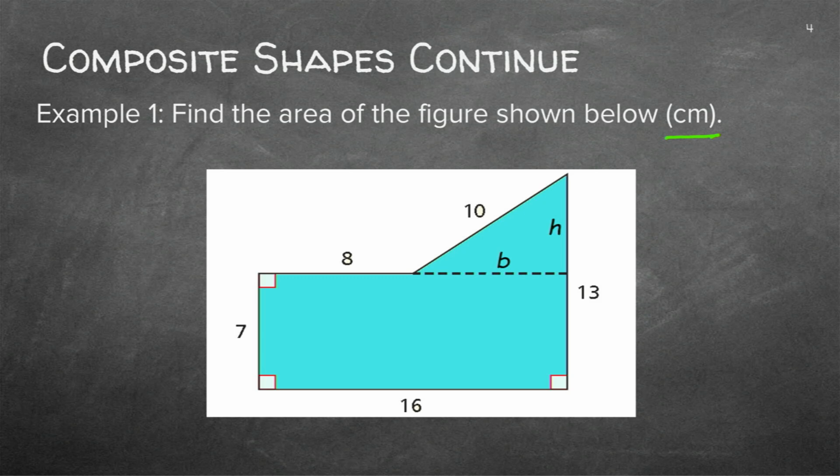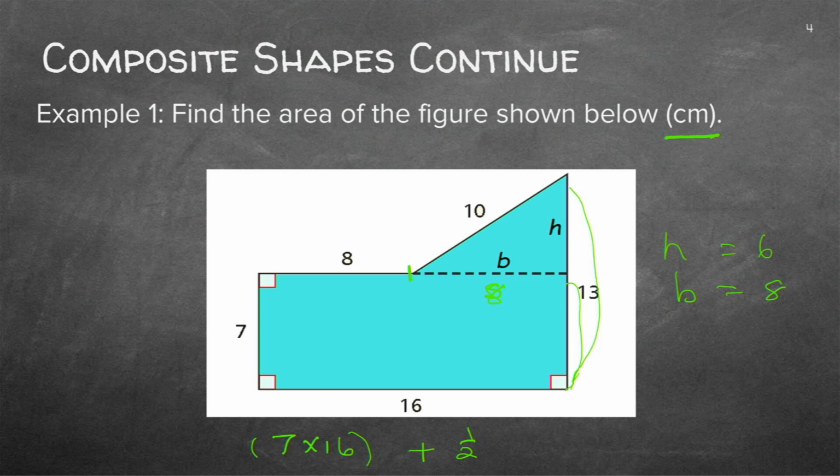Okay, so we've got our rectangle. So we're going to say the rectangle will be 7 times 16, and that will be plus half of. Now we have to see if we've got the breadth and the height of this triangle. So we know that the length is 16, up to there is 6, so we can work out that that is 8, right? So our breadth equals 8. And our height, we know that this is 13. They've given us this as 7, so we can work out that our height equals 6.